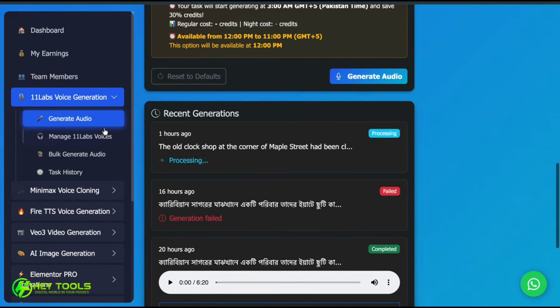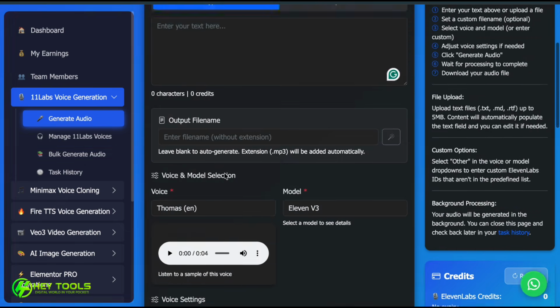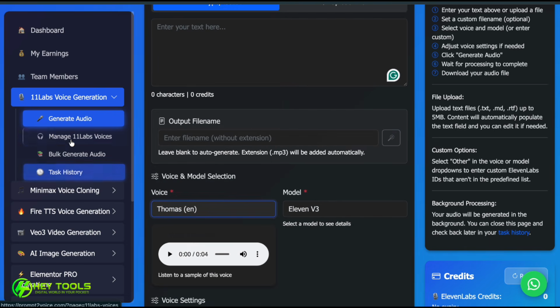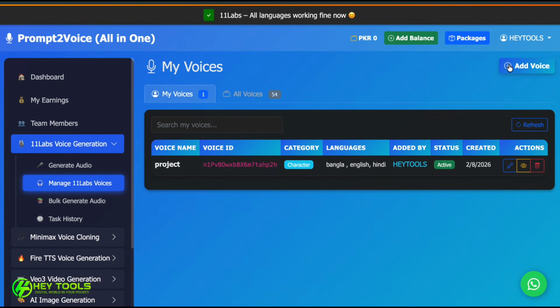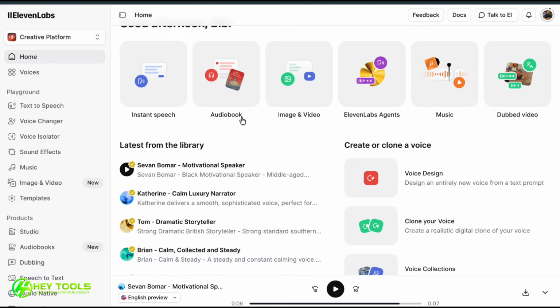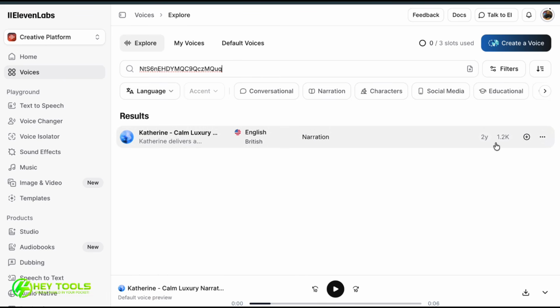In this time I am going to show you how you can manage ElevenLabs voices too. Suppose you don't have a voice here that you want to work with or convert text to speech, so you simply go to this option, manage ElevenLabs voices. Here is the option. See here, in the right corner we have an add voices option. Click here, and here is the voice ID. So simply go to your ElevenLabs official website. Then suppose you want to copy a voice, simply click on this, then view it. Now you see this is your voice, so simply copy the voice ID,